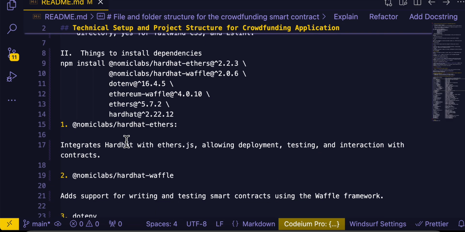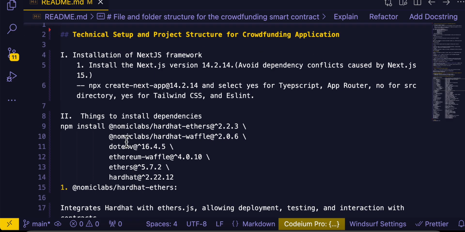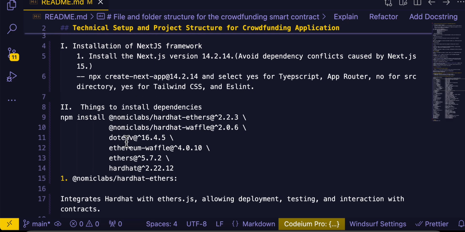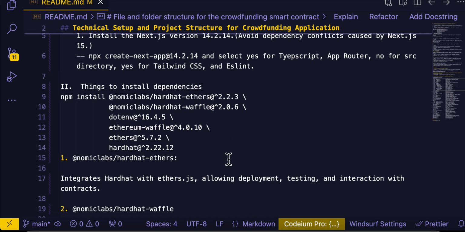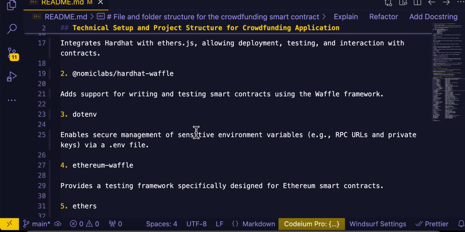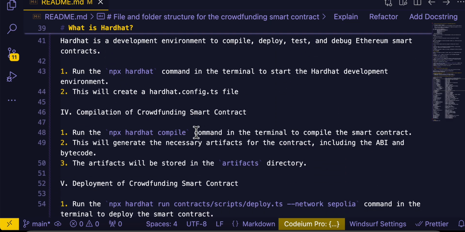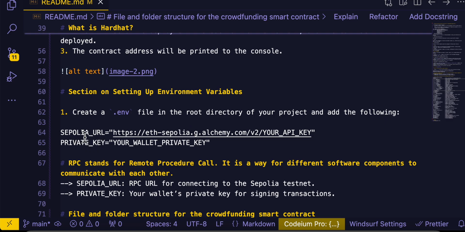Once again, I would like to say that the technical setup I'll be using here is Next.js version 14.2.14, with TypeScript, app router, of course no source directory, and Tailwind CSS and ESLint, followed by this set of dependencies. The most important part is of course Hardhat, and also the Sepolia URL and the private key. You can get the fake Ethereum from a faucet available on the internet, and this is a must because you need to pay a certain amount of Ethereum as charges when deploying to the